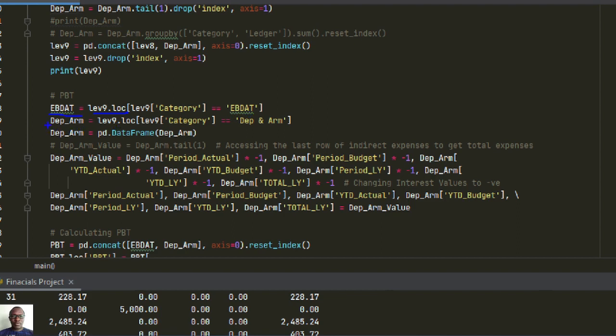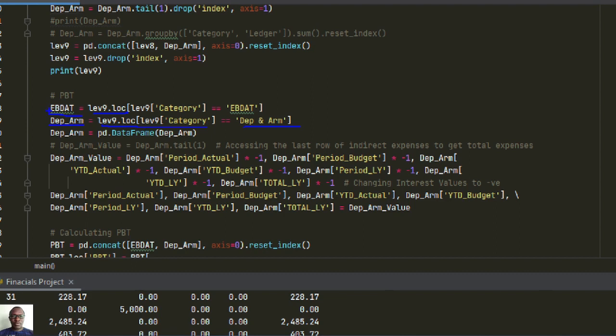And down here we are saying that depreciation and amortization is equal to level 9.log, and level 9 category is equal to depreciation and amortization. So we are selecting two rows with these values. One row with the values for earnings before depreciation and amortization, and then the other row with the depreciation and amortization. So we want to net off the depreciation and amortization from the earnings before